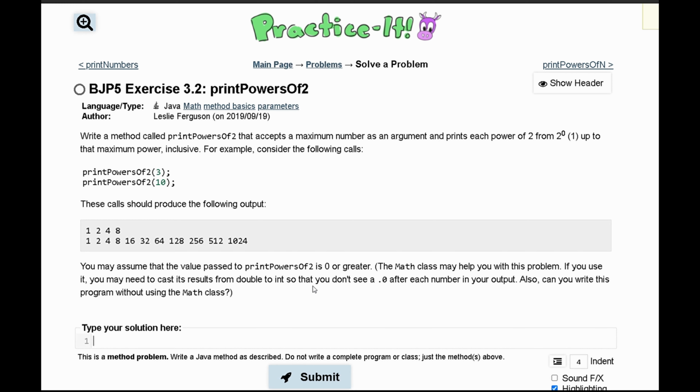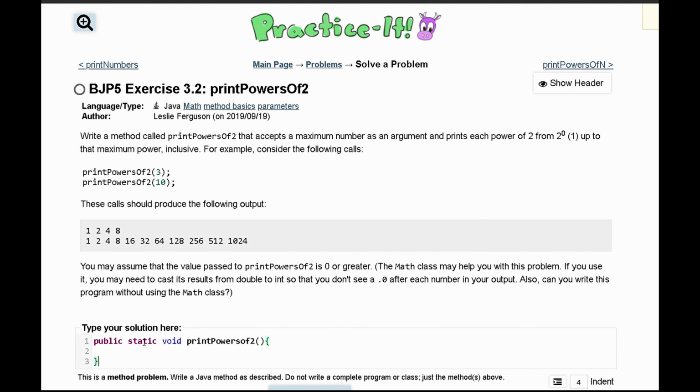For practice at exercise 3.2, print powers of 2, we are asked to write a method. So we're going to have public static void called printPowersOf2. And we are going to accept a maximum number as an argument. We'll have int max here and it prints each power of 2, from 2 to the power of 0 up